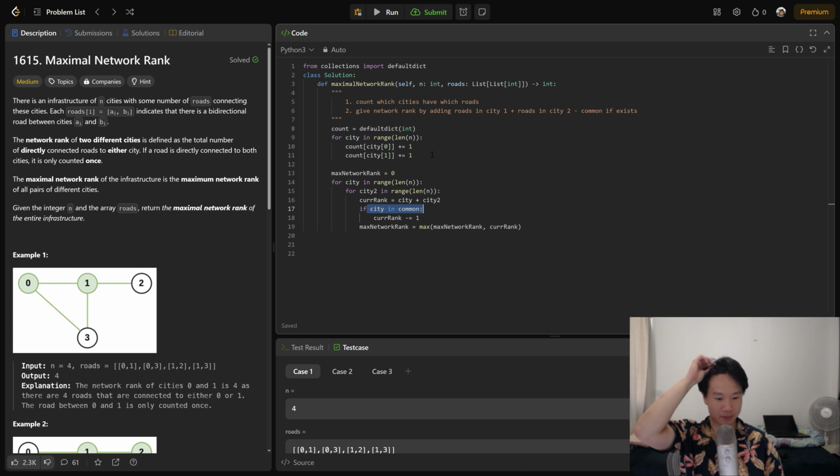We can effectively traverse through the roads and then check to see whether or not it exists first, right? To check if cur rank is in city. Okay, at the very end we want to just return max network rank. So to check if it's a common city, what we can do is